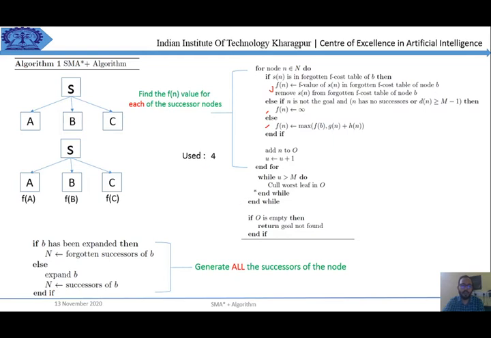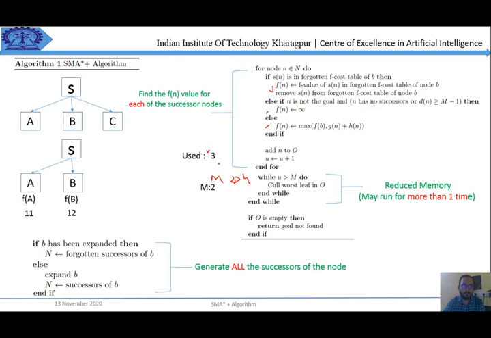After that, it will check whether it meets the criteria of having the maximum number of nodes in memory or not. Suppose the memory m equals 2 and used is 4, so m is 2 and u is 4, this condition will be executed and one of the nodes will be culled. Let's suppose the f values are 11, 12, and 13. There's also a culling function that I am going to discuss in the next slide, but as of now, suppose this 13 one is the highest node, so it will be culled.